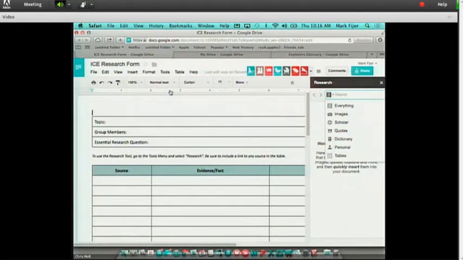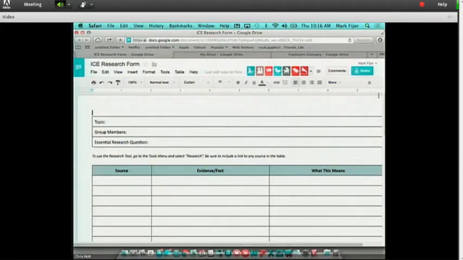And then the box underneath here looks at source, evidence and fact, and then a column, what does this mean to you? Or what this means. And this was huge for us, because if we looked at that research process before, we had kids doing note facts. We had kids doing note cards. And one of the bigger pieces was as you wrote a note fact, you'd have to transcribe it or paraphrase it. You couldn't take it directly out of the book. So we wanted to create a process that eliminated some of that